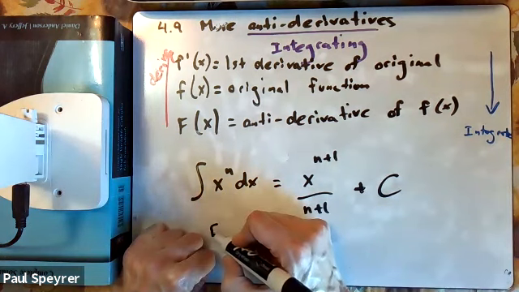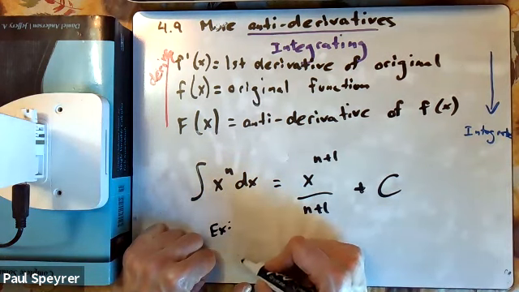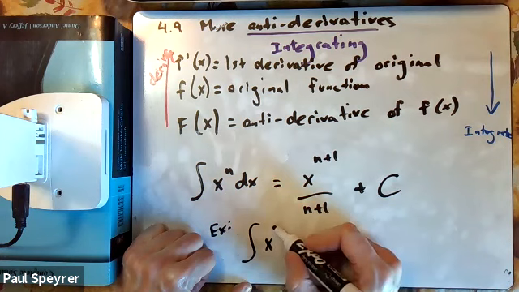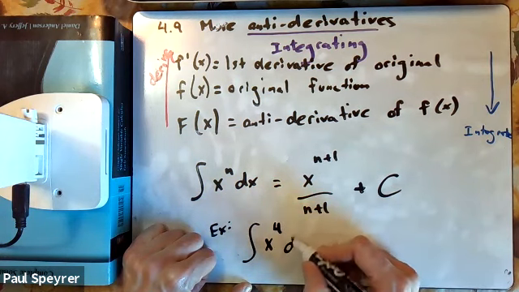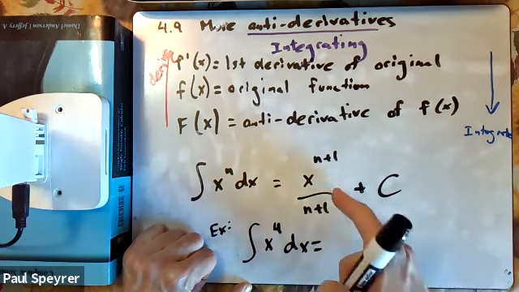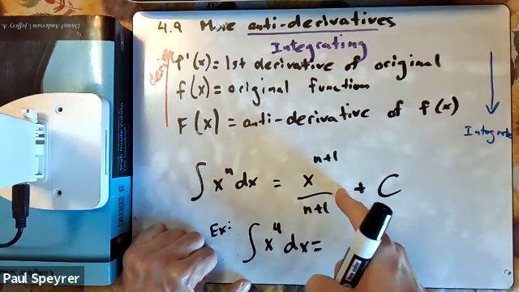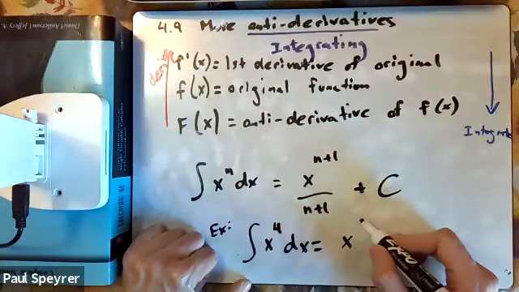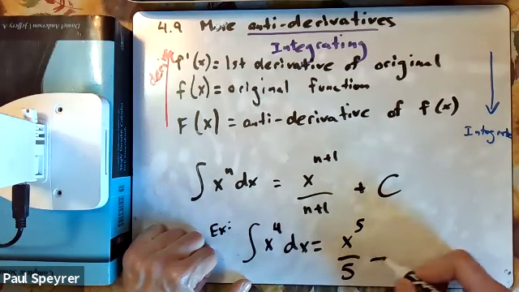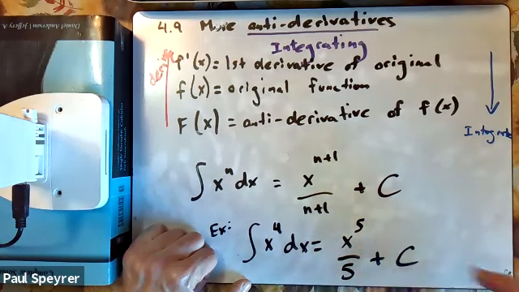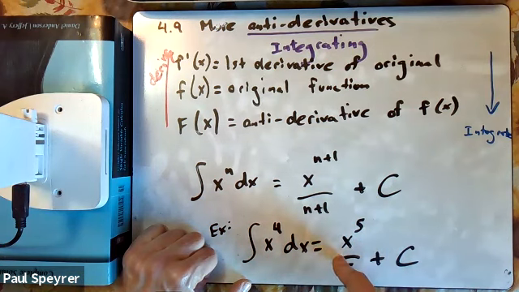Now recall, if we had an example, like let's just say we're going to integrate x to the fourth dx, right? Well, if we did the, I'll call it the power rule for antiderivatives, this would be x to the fifth over 5 plus c. Now remember, c is a constant, right? It could be plus 10, minus 8, plus pi, whatever, minus square root of 15. It doesn't matter, because if you were to derive this, right, if we derive this,